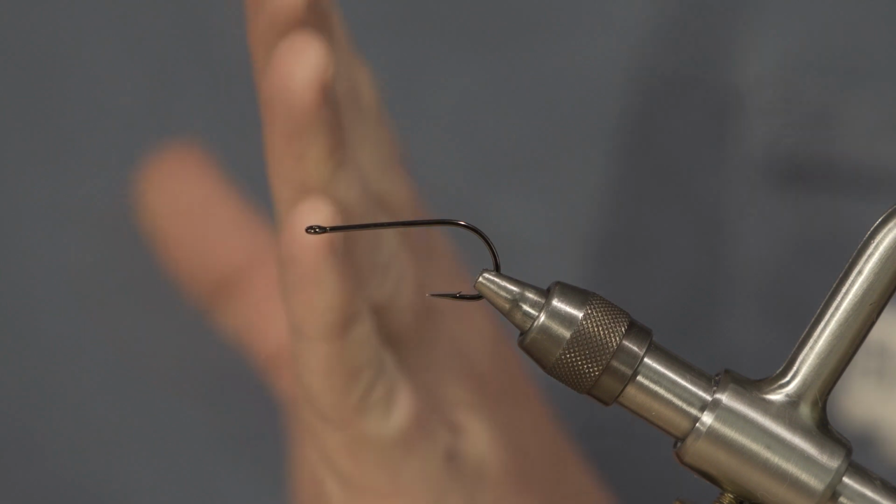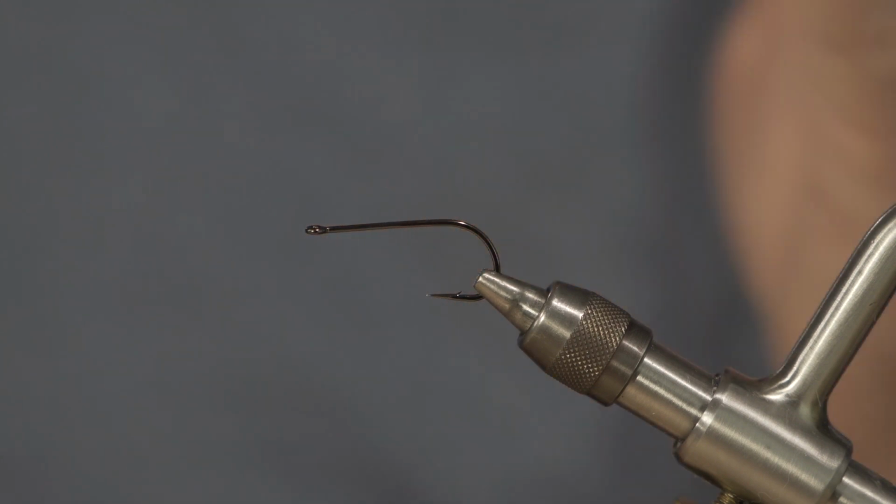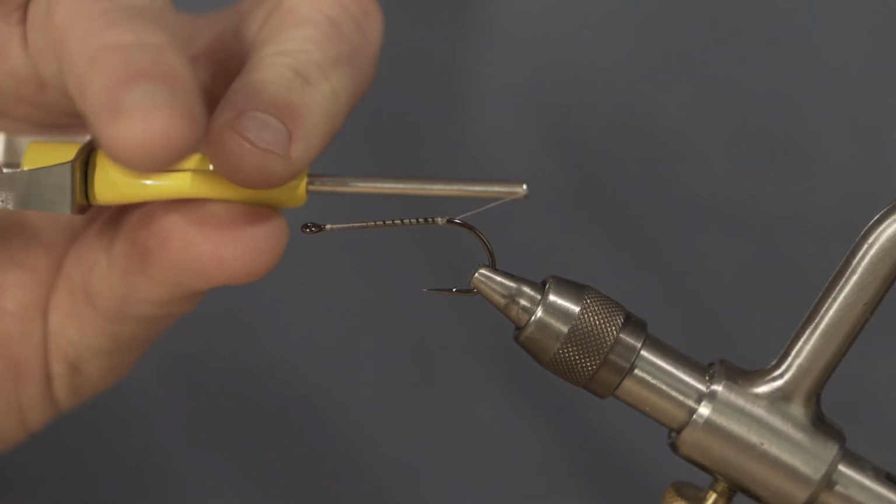So to start the thread, we want to start at the front and work backwards. As we're going to tie, if you use your hand to grip the bobbin,